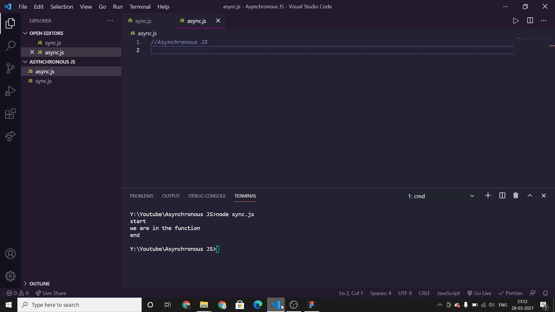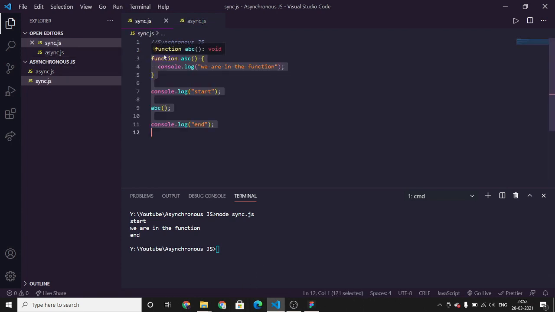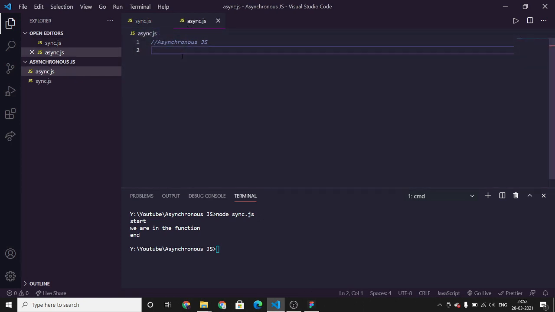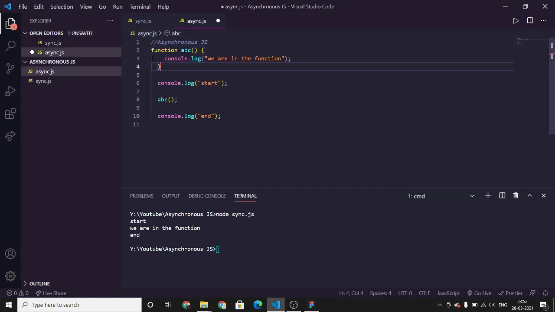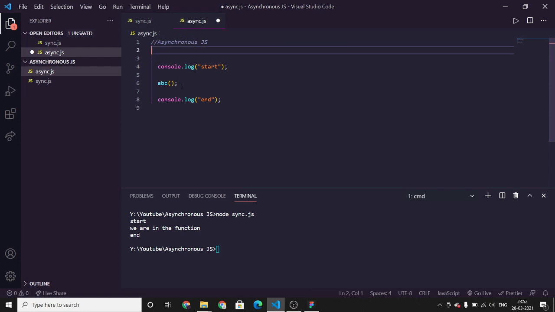Now let's see what asynchronous JavaScript is. As the word asynchronous itself means not in sync, that is not executing the code line by line. Many web API features now use asynchronous code, especially those which access data from a resource, such as fetching a file from a server. Let's see a simple example of asynchronous JavaScript, and then I'll show the graphical representation of the call stack. So we will just edit the previous program. Copy, paste. We don't need the function ABC.